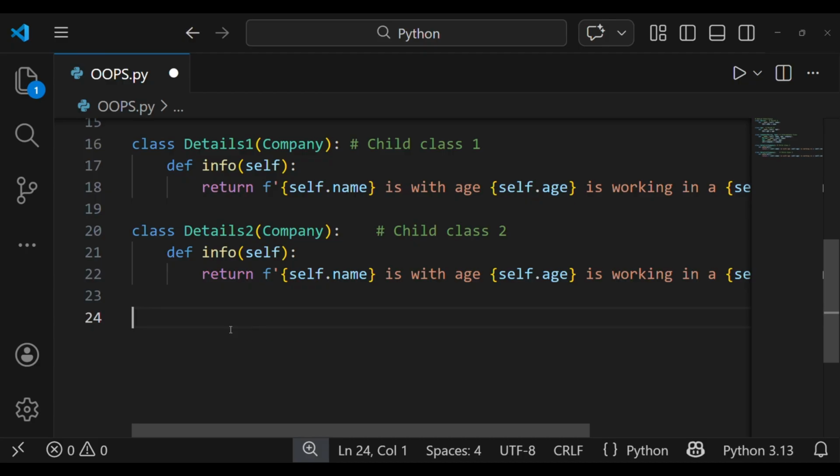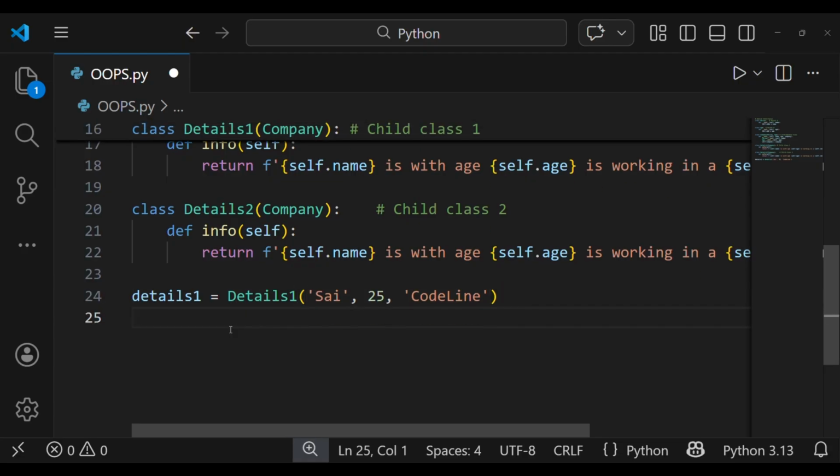Now I have to declare objects for these two child classes. Details 1 equals details, and I have to give a name. Let's take any name, like Sai, with an age of 25 and working in CodeLine. Let's just consider for this video CodeLine is a company where he's working. And details 2 equals details,